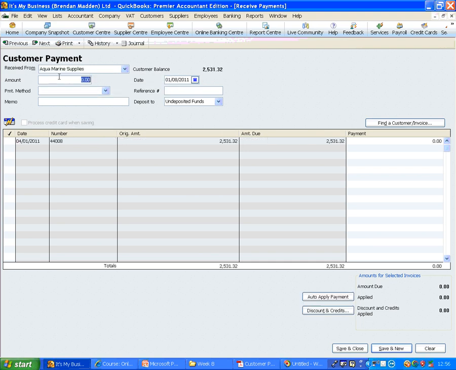Aquamarine. As we click on Aquamarine, the balance comes up. The balance is 2531.32, and the amount of the check we received is the same. Enter that and click on Tab. The date, and again, if you wish, you can put in a payment method. Not necessary. A reference number would be their reference number, but because we are lodging this straight into the bank,